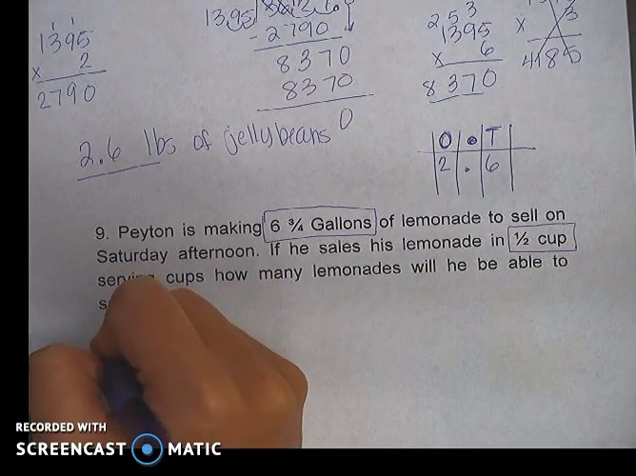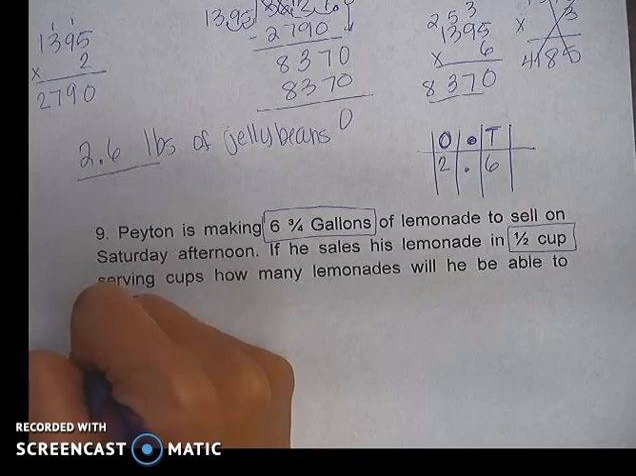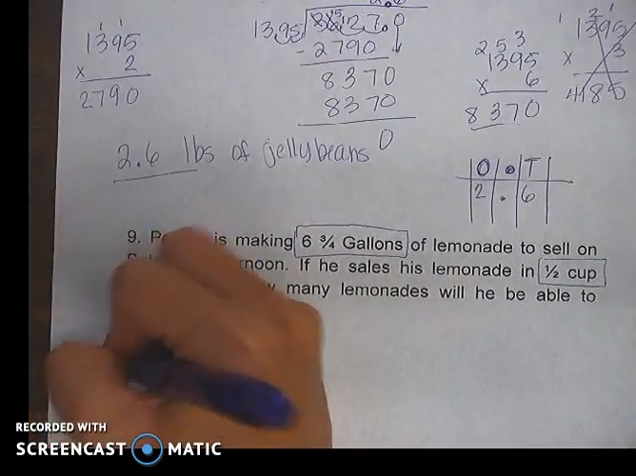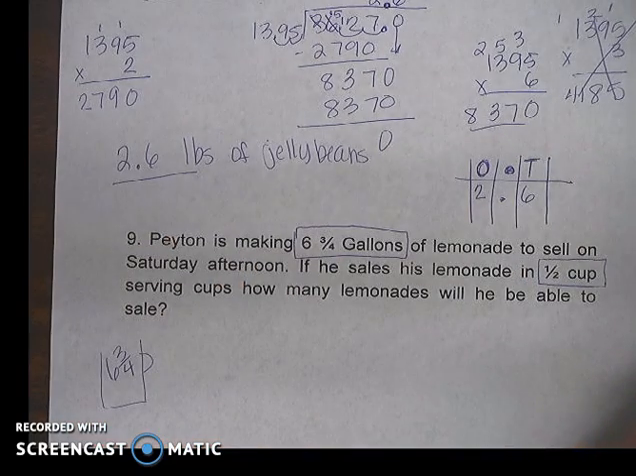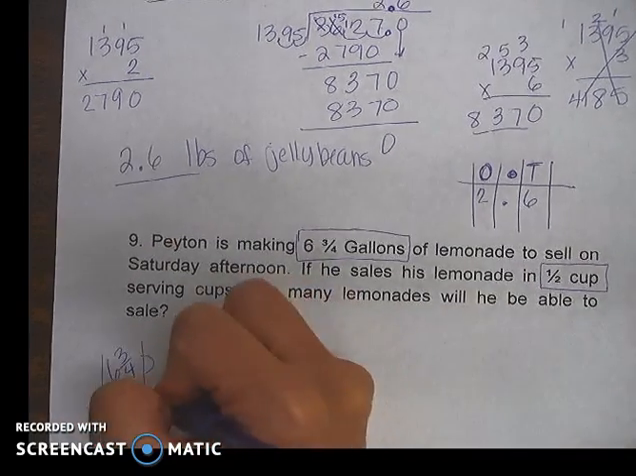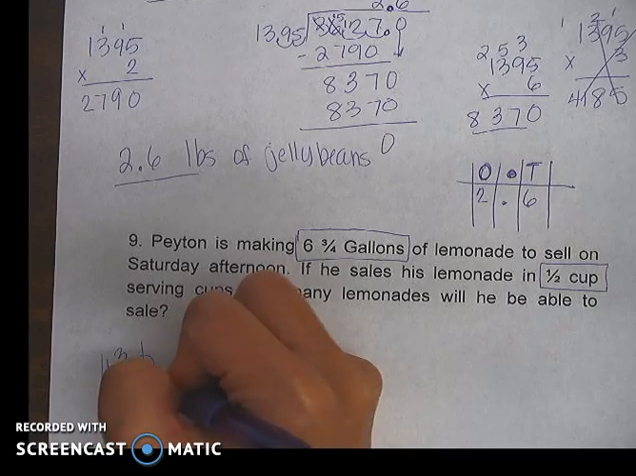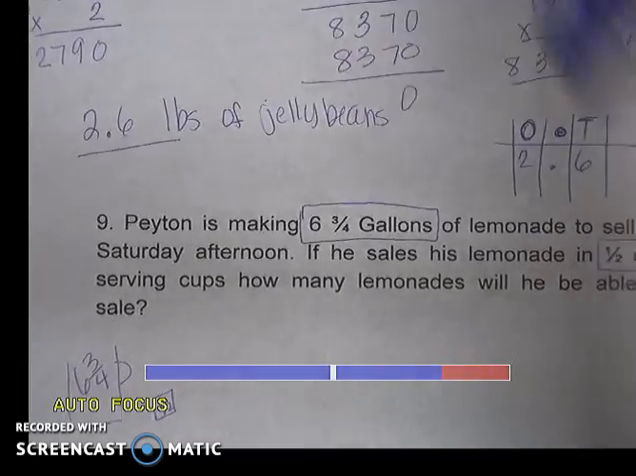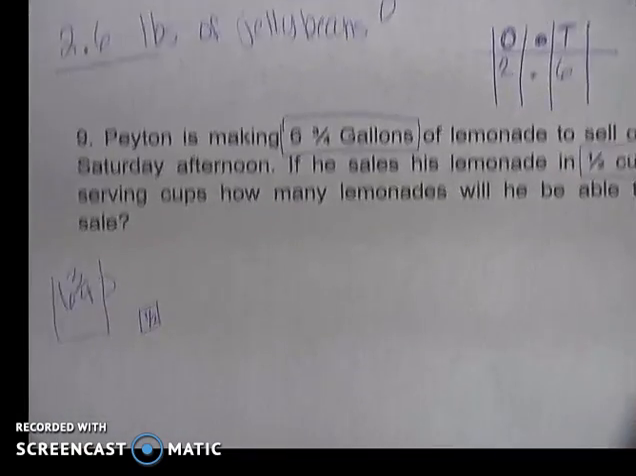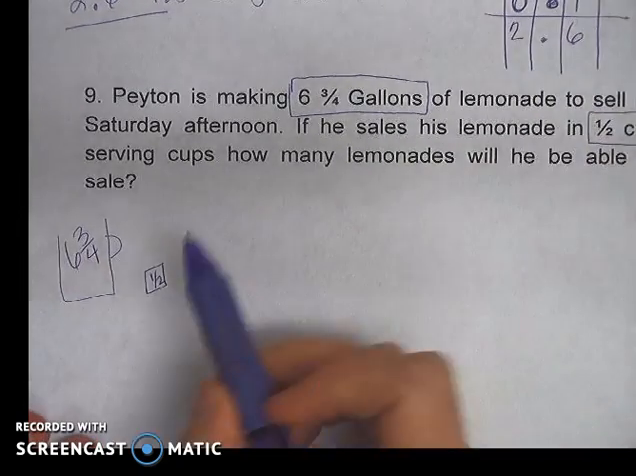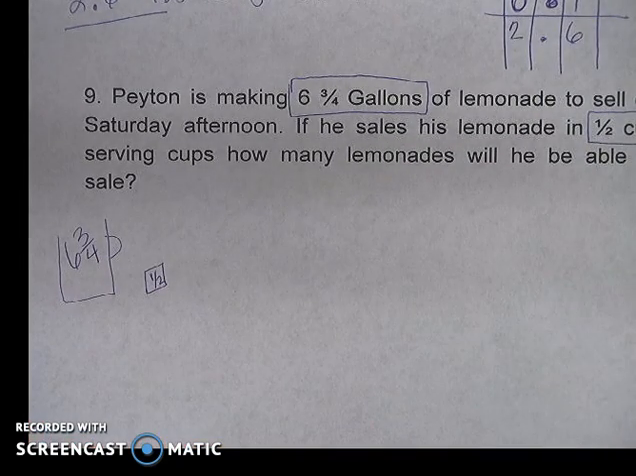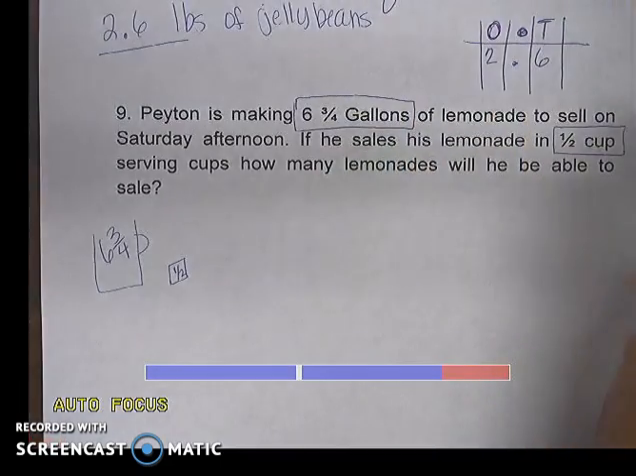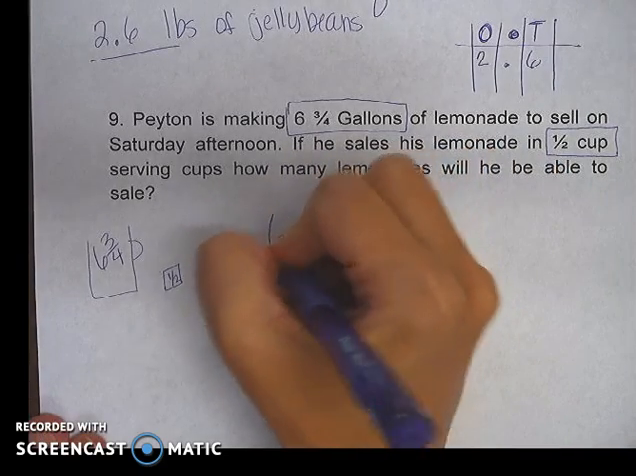So if I have a big old gallon jug, there's my lemonade jug, right? And I have 6 3/4, not pounds, 6 3/4 gallons. And then I have cups over here, and they're half a cup. Can you see that? Sorry, it's kind of small. I need to figure out how many cups of lemonade I can sell. Well, what are you going to do? You're not going to multiply, you're going to divide it. So I have 6 3/4 gallons